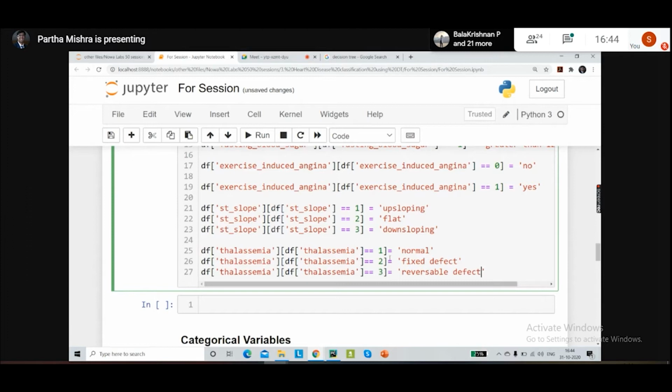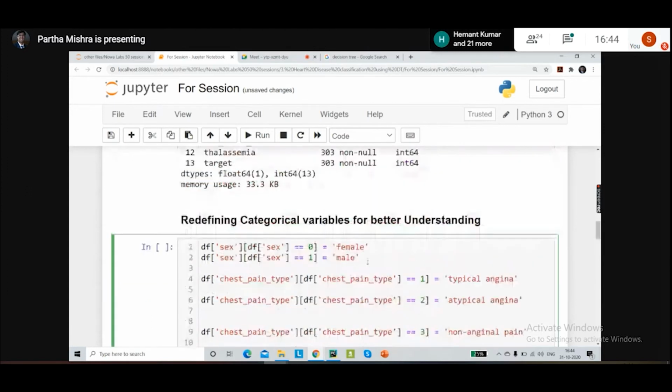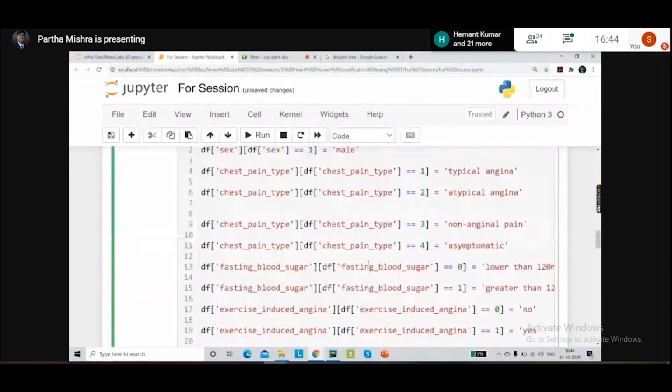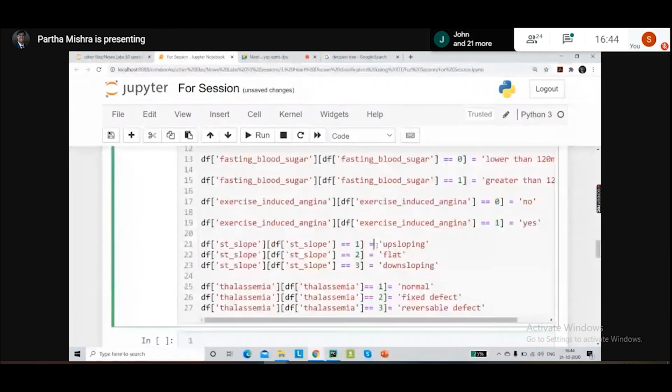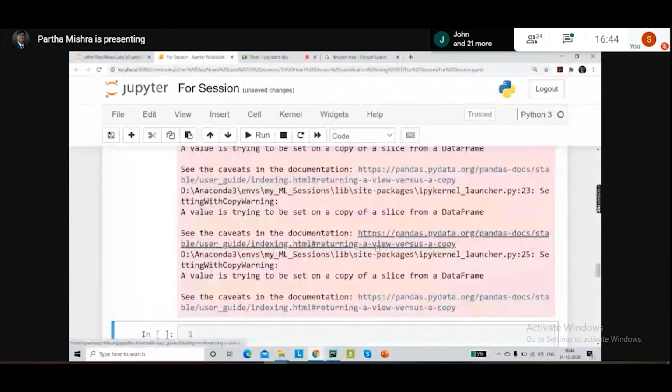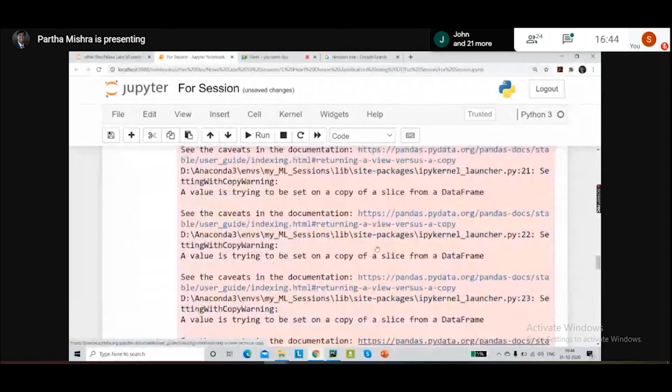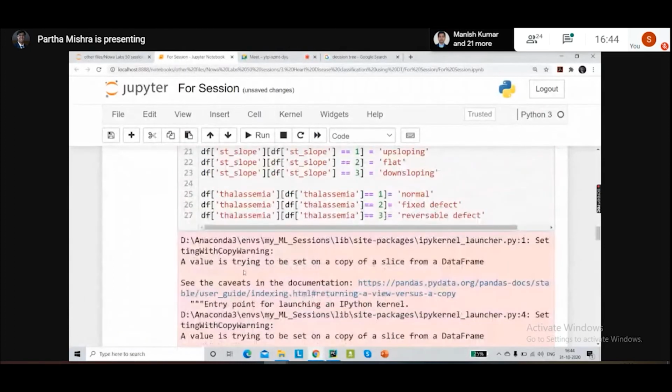Now that these terms are all set, this was a major portion where we had to redefine the categorical values. So now let's run this piece. Now when you run this, you could get these kinds of errors. These are not exactly errors; these are nothing but warnings.